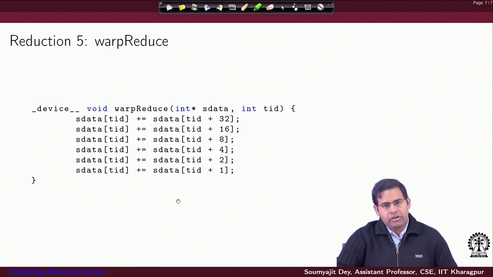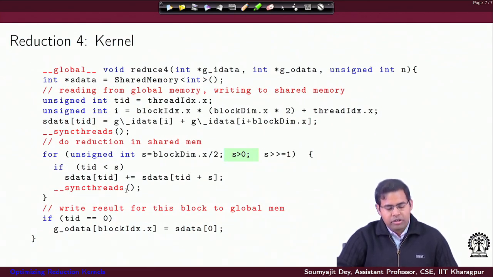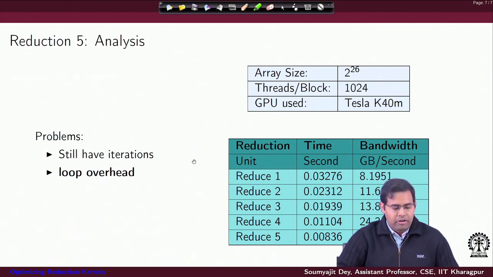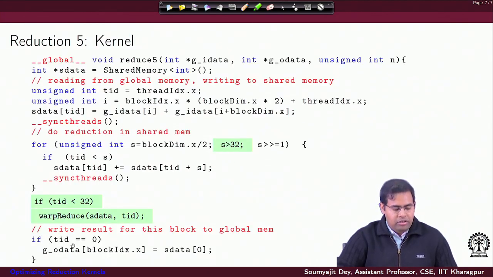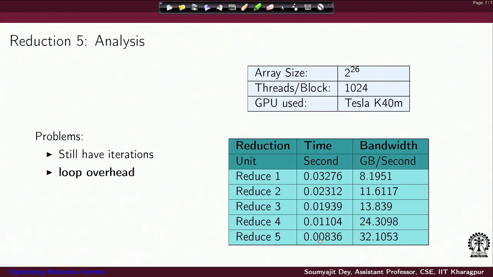And as you can understand clearly now, this is the thing that I am only interested in. I don't care about the other warps now. So when I execute this sequence of statements, the advantage I gain is I don't have to execute this sync thread, I don't have to execute this for loop's condition check and also the if condition check, right? So that would speed up the execution here, and then I just use the final thread to report the final sum from s data 0 to g data, the output data point in the global memory, right?